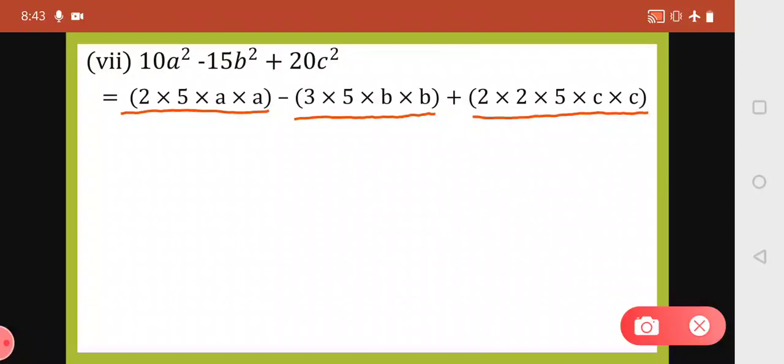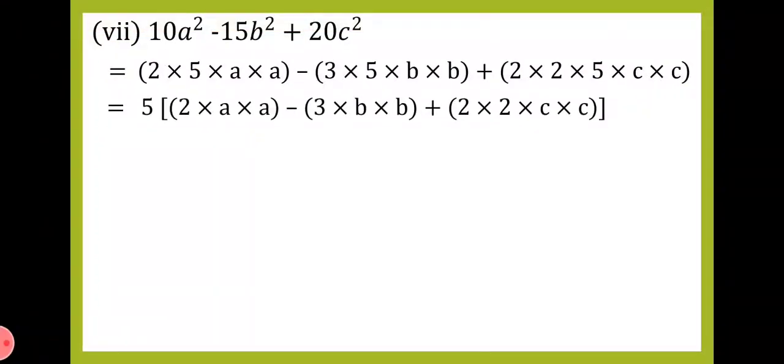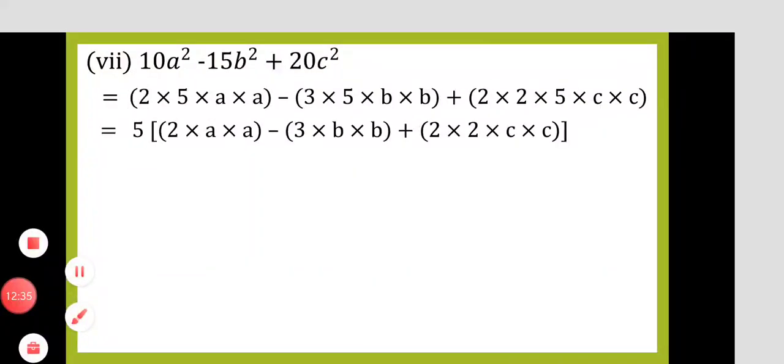Now let's see what is same in all the three brackets. We can see here 2 is there but here 2 is not there. So let's move further. Yes, 5 is there in all the brackets. Now we cannot see anything same. So taking out 5 as common, that is 5 remaining. Let's write in the bracket here.